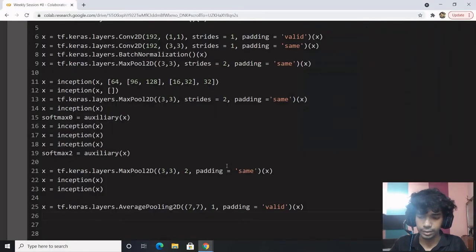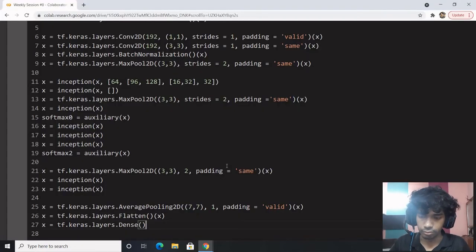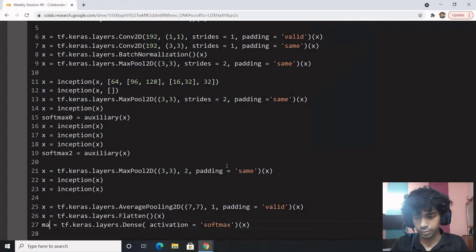Then we have a fully connected layer, x equal to tf.keras.layers.Dense. I think we need to flatten it out. X equals tf.keras.layers.Flatten and Dense, then softmax activation, and that's the final output, which is called main.